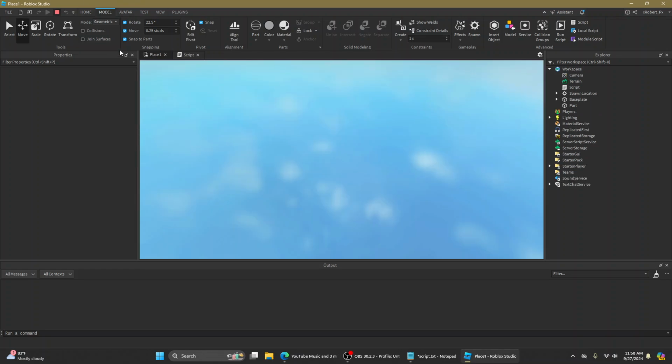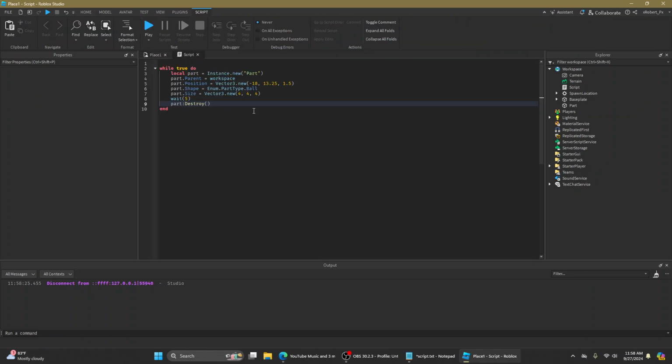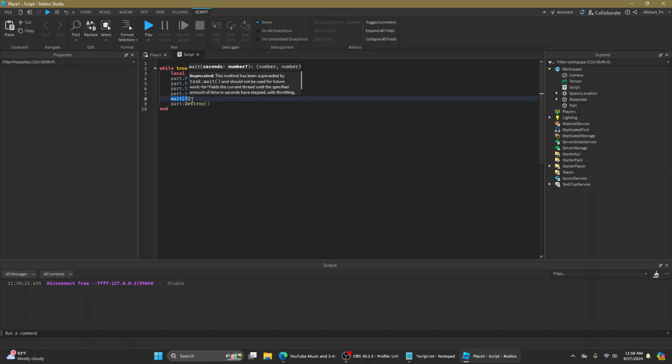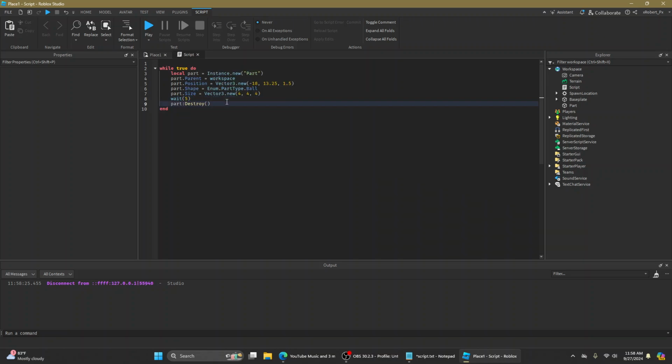Alright, now it's time to talk about functions. So what if you wanted to make your own? Destroy and this wait are just like a word with some fancy symbols after it. You can create your own words with fancy symbols after it, and it's called a function. A function is like a variable, but it's just code inside of a variable. So if we type local, when you're making a function, you have to type the word function,